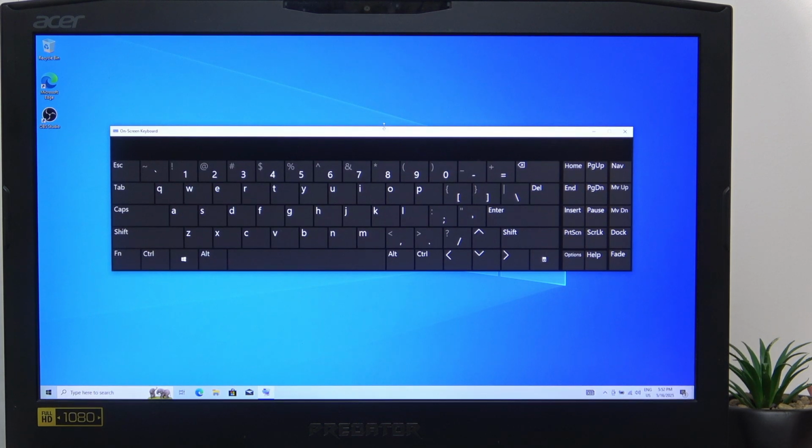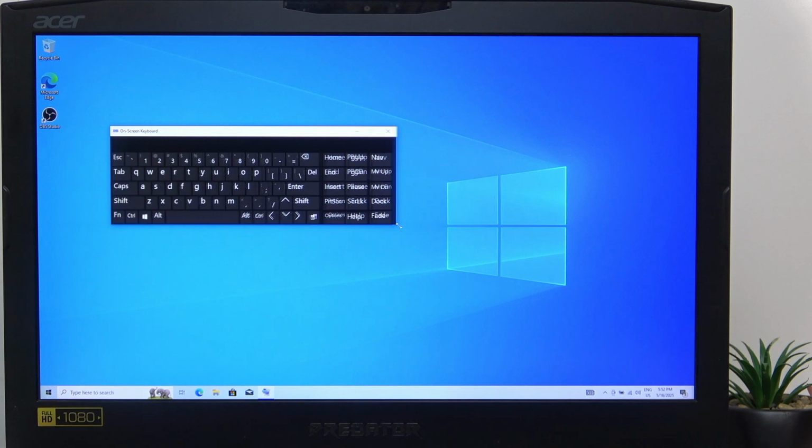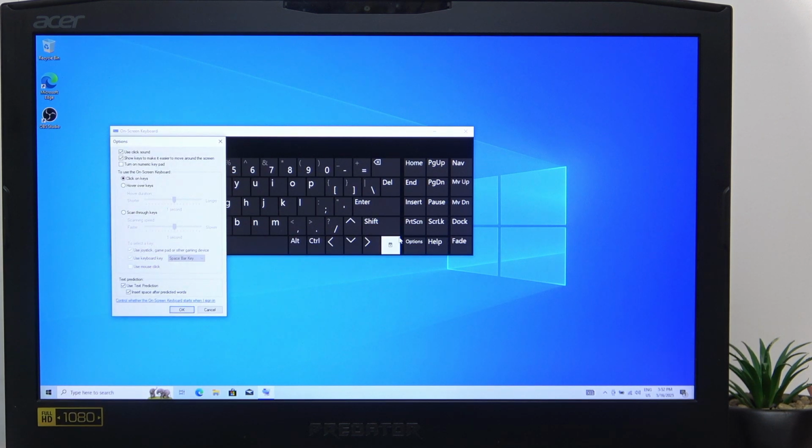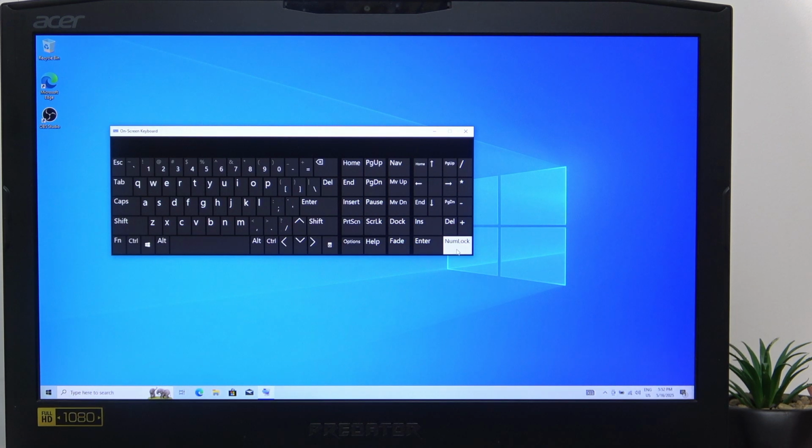And this is the on-screen keyboard, which you can resize. You can go to options and enable a numpad if you wish. And okay, so it's enabled, and then numlock off or on. And you can click on all the letters, click on Shift, click on Alt, or some other control to do